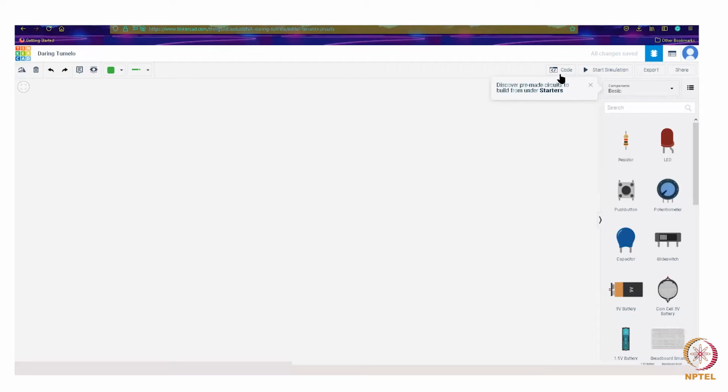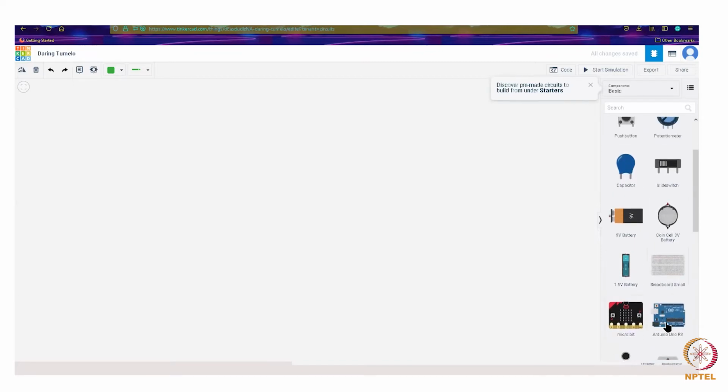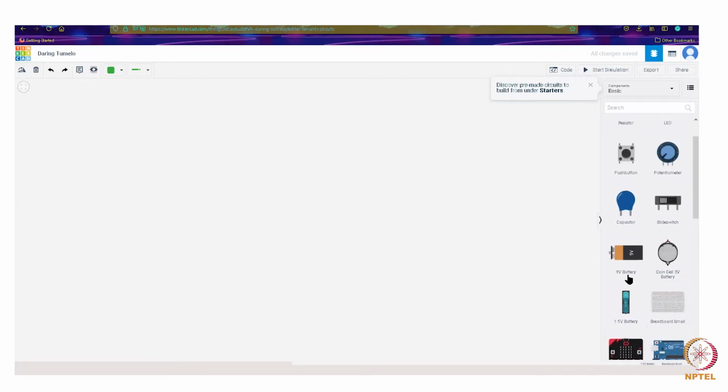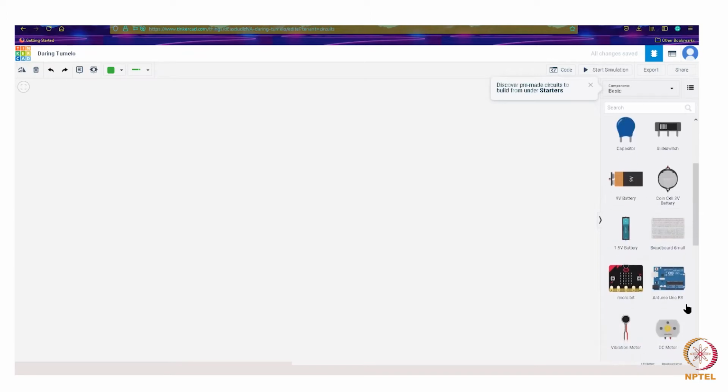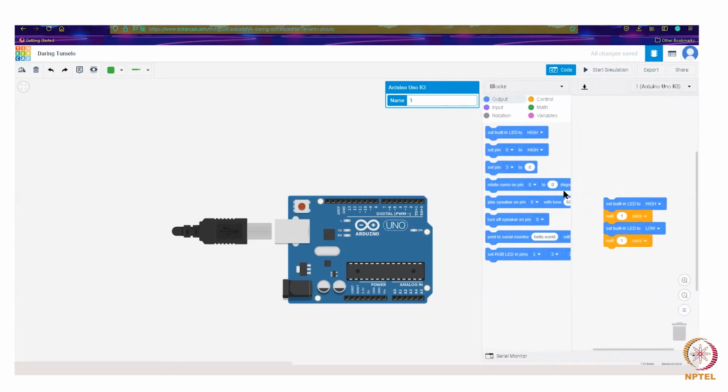We have the code section for each component, and then we will be pressing the start simulation once we place all the components. If we see through all the components, we have the very basic electronic components like Arduino Uno, breadboard, battery, capacitor, and all of them. This is a very user-friendly tool. You just need to drag the component here, and it's all ready. Once you press this one, you just need to go to the code section, and you're all set to